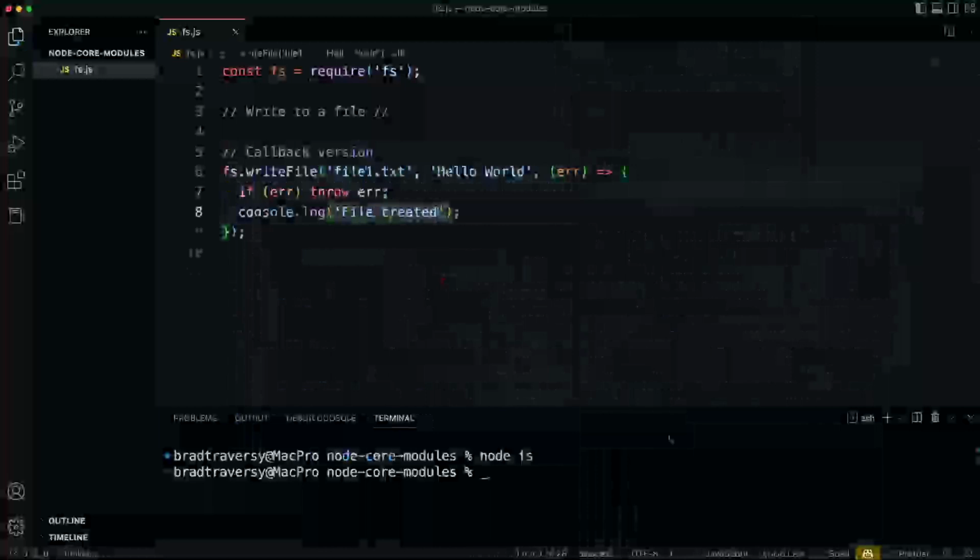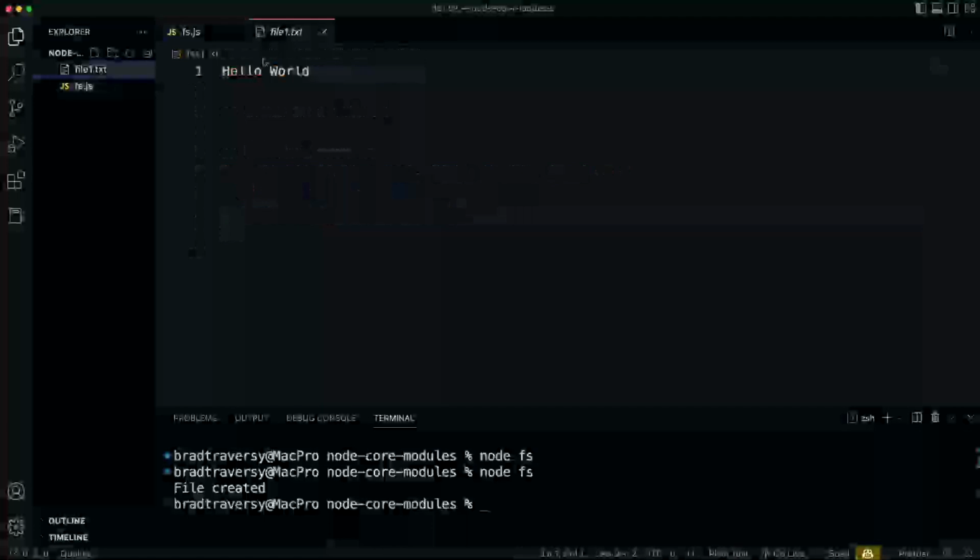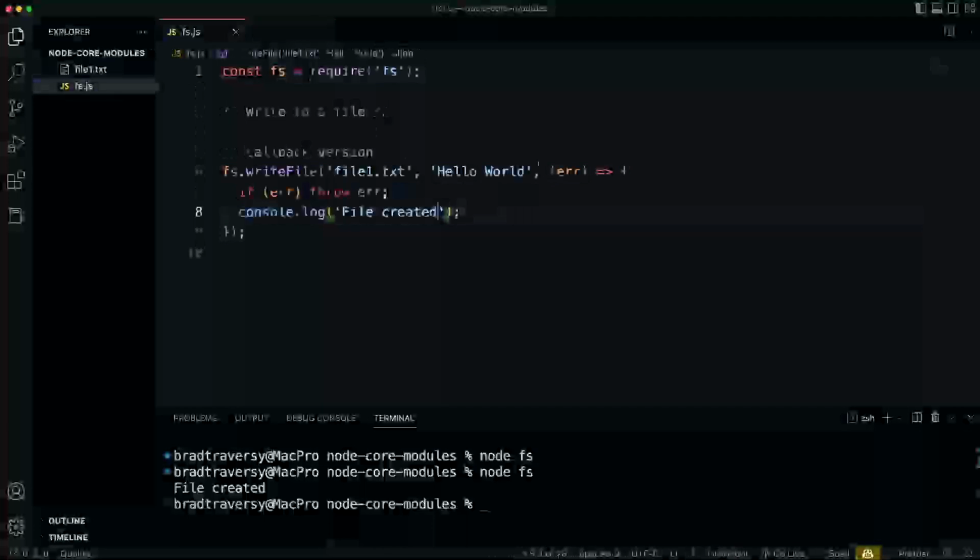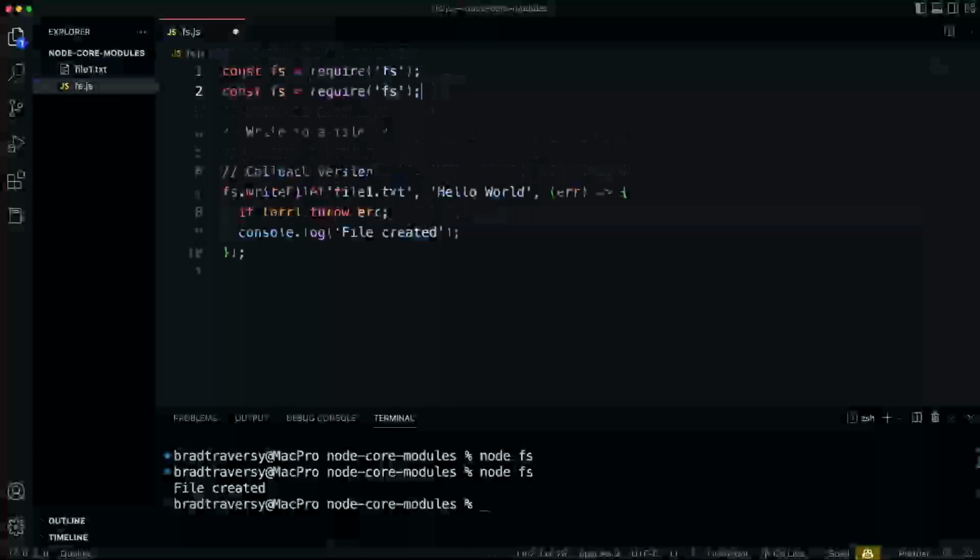So if I run this with node fs, we should see the file created console log, and we should see file1.txt, which has the content of hello world. So that's the callback version. Now, if you want to use a promise, so if you want to use .then syntax, or even async await, which I'll show you and which is what I would choose, then what we're going to do is bring in